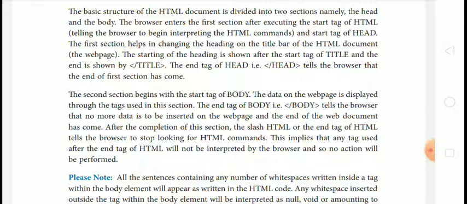The basic structure of the HTML document is divided into two sections, namely head and body tag. Means your HTML document is divided into two sections. Section 1 is head and section 2 is body. The browser